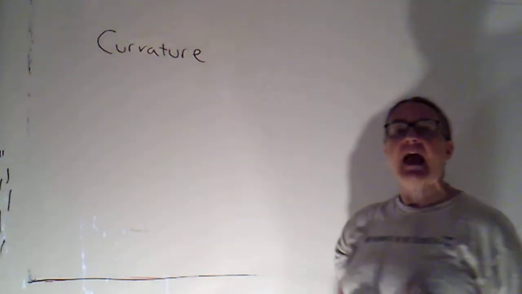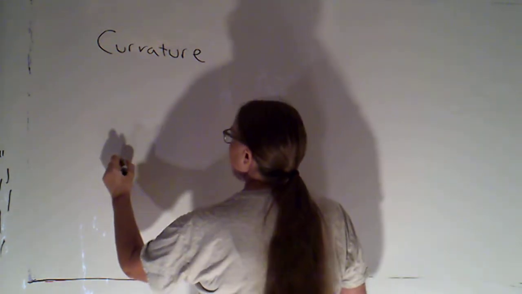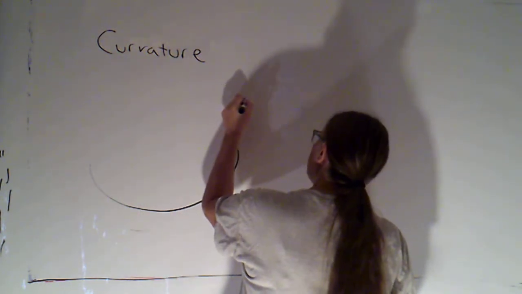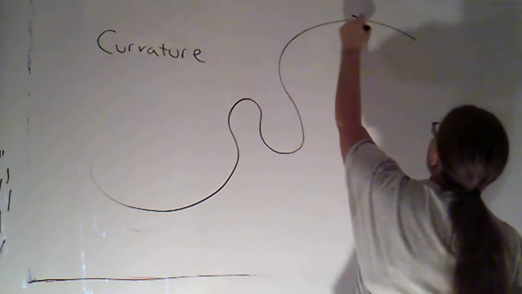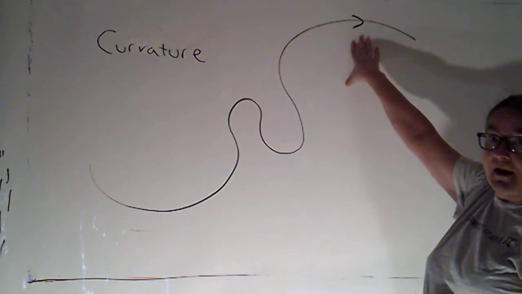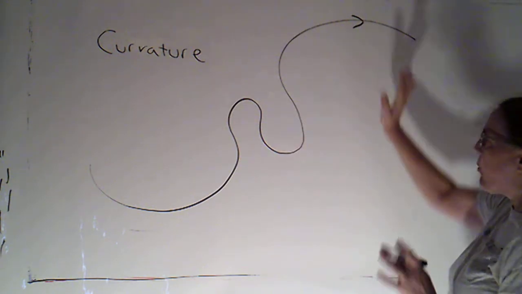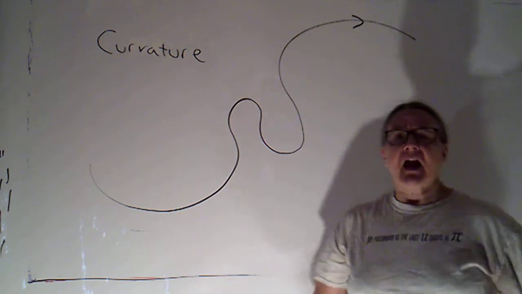The next topic we're taking a look at is curvature, and this is defined for smooth curves. So let's suppose that we have a smooth curve, and maybe it looks something like so. Of course, if it's smooth, it's oriented. Okay. So I want to imagine that this is a windy mountain road, and unfortunately, I'm one of those people